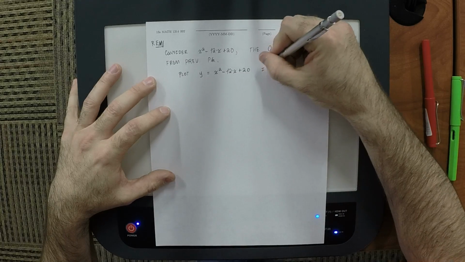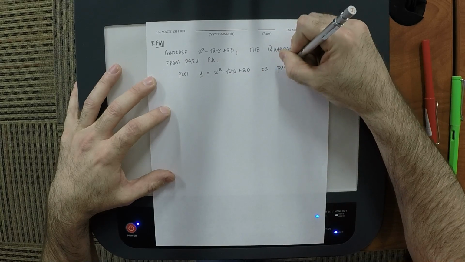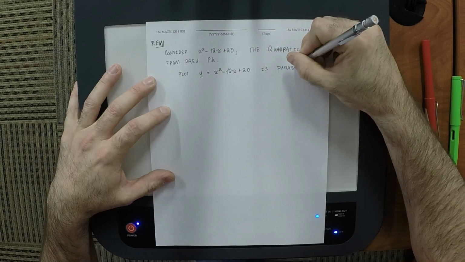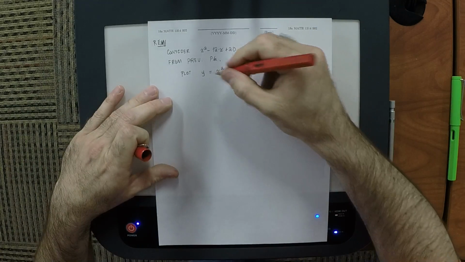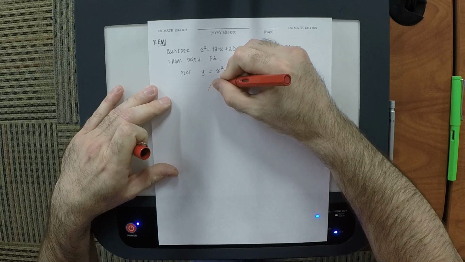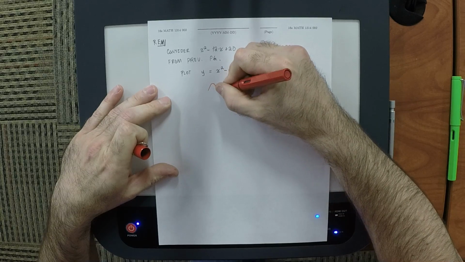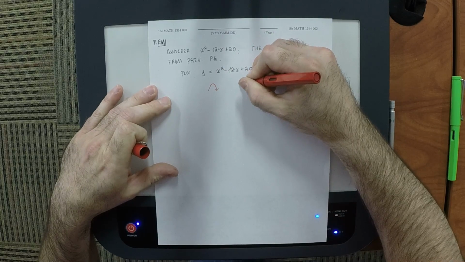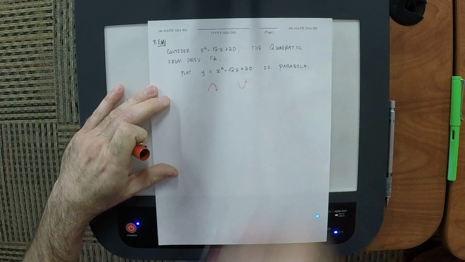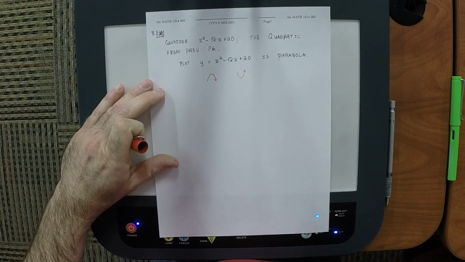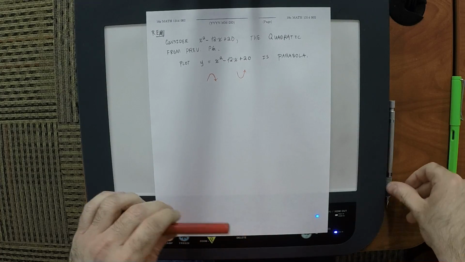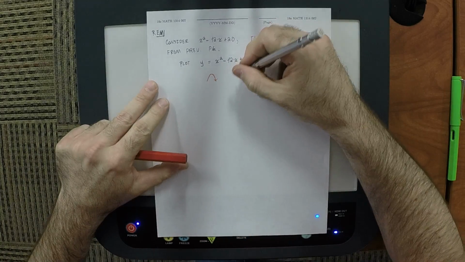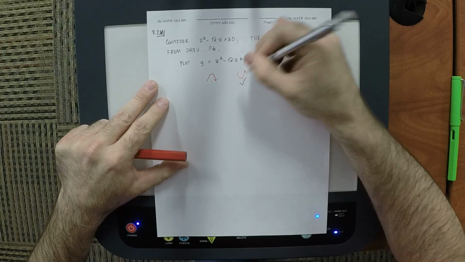So this is a parabola. In particular, one of the ways we classify parabolas is those that open down and those that open up. This particular kind of parabola, which variety is this one? It's the kind that opens up. So it's this kind